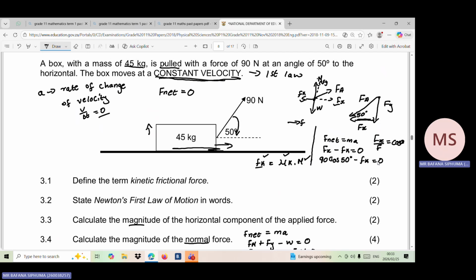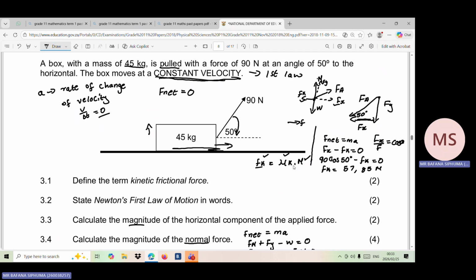And then 90 cos 50 minus Fk equals 0. I transpose this to the other side and it becomes negative, and then I divide both sides by negative, and Fk becomes 57.85